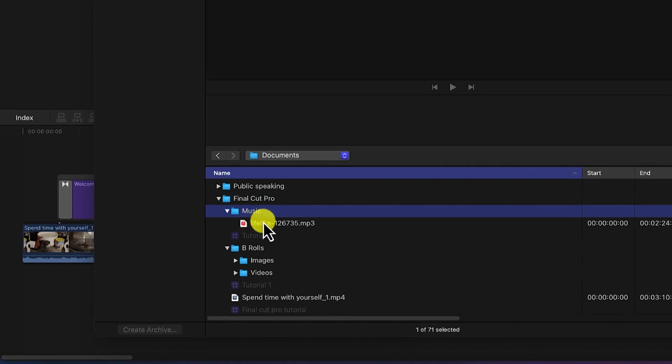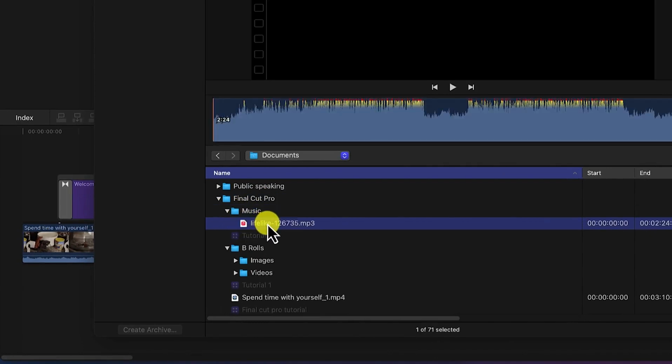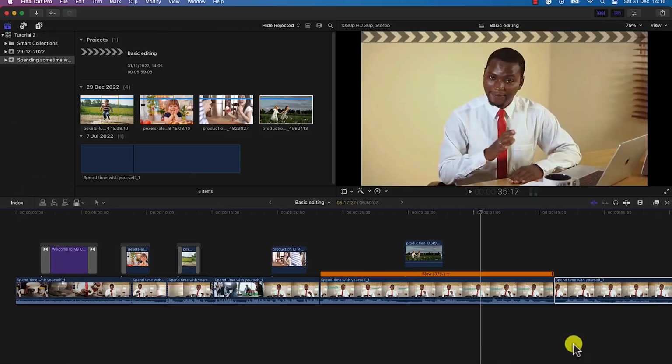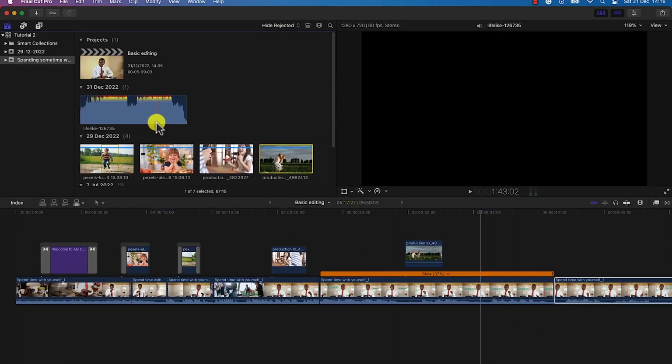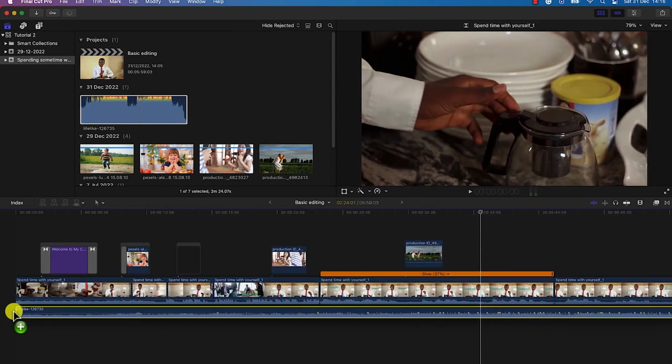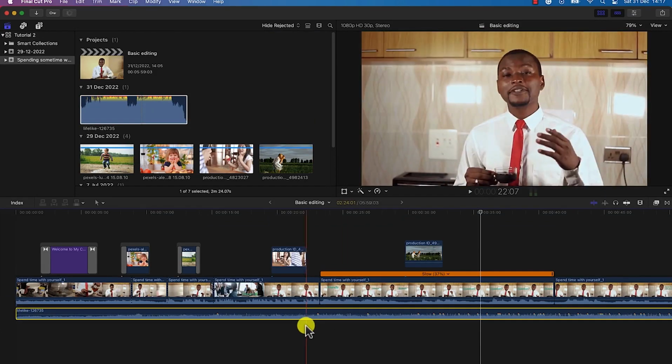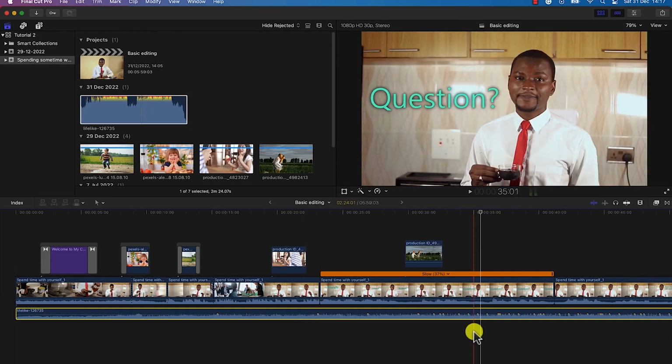So you just open this and you can see lifelike background. You can just select it, and come over here and say import selected, and it's going to import that audio, that music for you directly. So what you need to do is just select it and drag it and drop it into the timeline, just like so. Very easy. And you can see it has just imported it for us as a music,